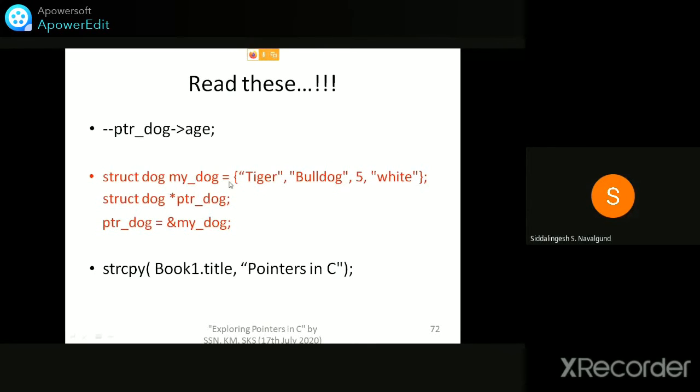Similarly, let's try to understand these statements. Struct dog my underscore dog is equal to tiger, bulldog, 5, and white. So obviously this means the name of the dog, the type of dog or the breed, the age, and then the color. So if I say something like struct dog star PTR underscore dog, as I told you, PTR dog is a pointer to a structure called struct dog. What is struct dog? Struct dog is a structure which has data corresponding to different types of dogs. Now, if I say PTR underscore dog is equal to ampersand my underscore dog,